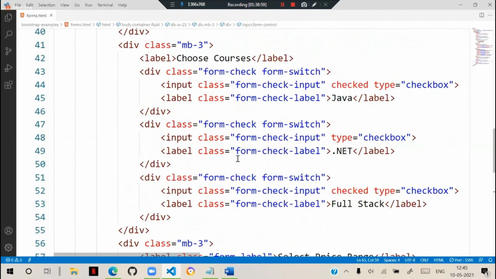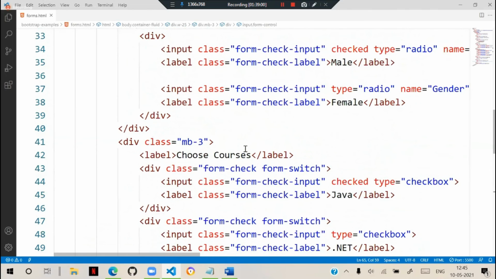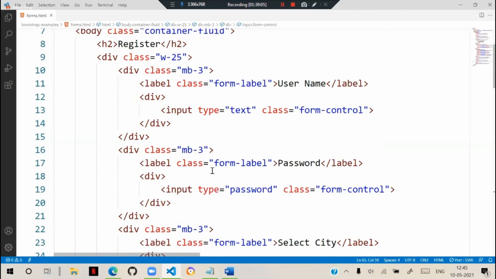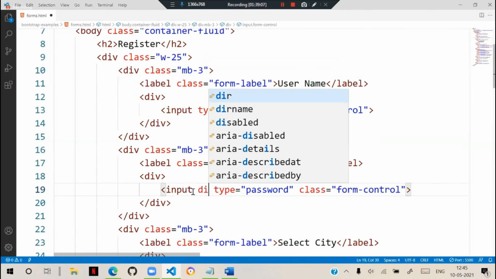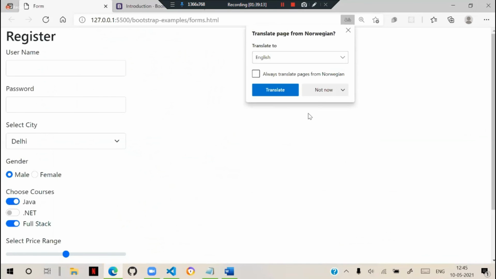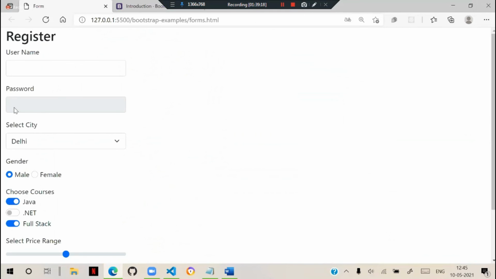For example, suppose I have a text box or drop down. Suppose I added the disabled attribute. Then see, according to the disabled attribute, disabled has a separate appearance now. You see the appearance, background gray color.